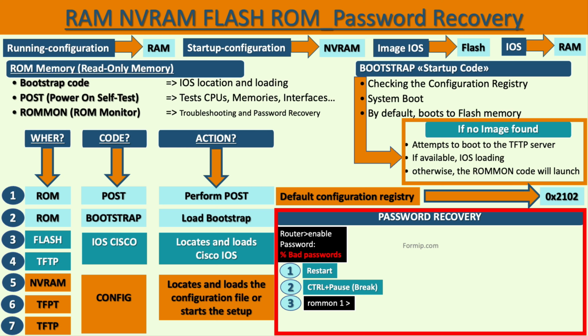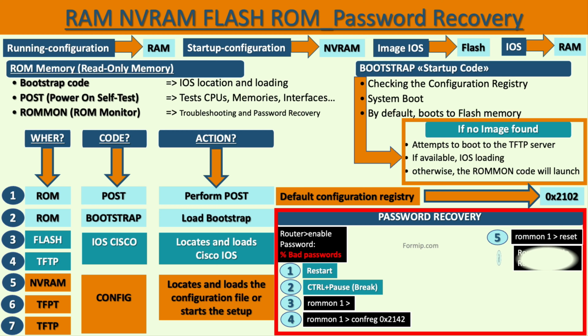We can now change the configuration register with the command confreg. Instead of 0x2102, we pass it to 0x2142. This will have the effect of dodging the startup config. We can now restart our equipment. On reboot, it will ignore the startup config present in the NVRAM and start the automatic configuration. Just tell it that you don't want to start the setup by typing no, and you should end up with